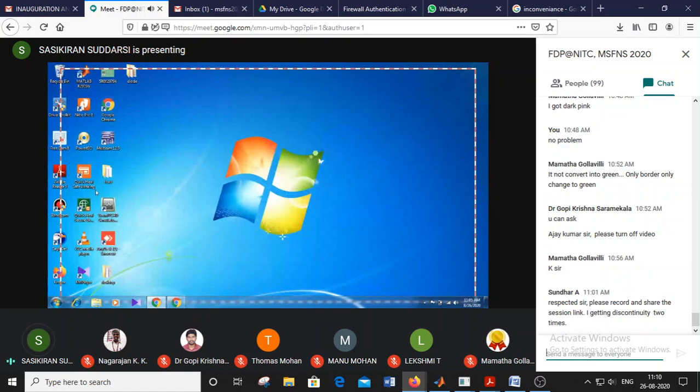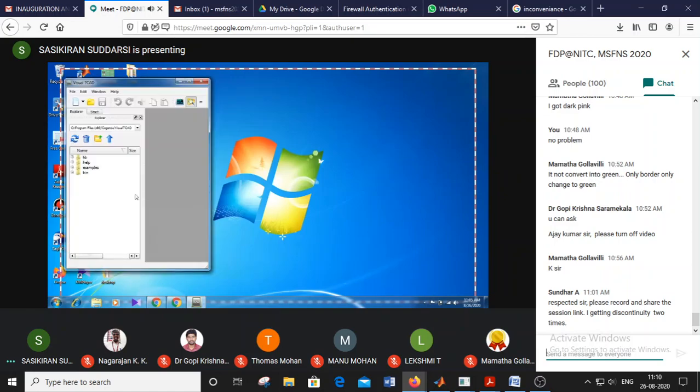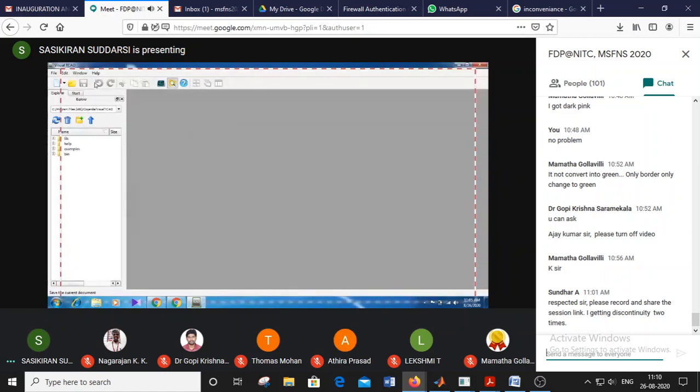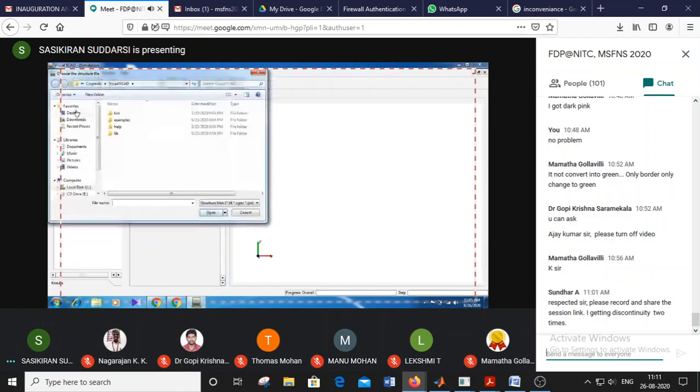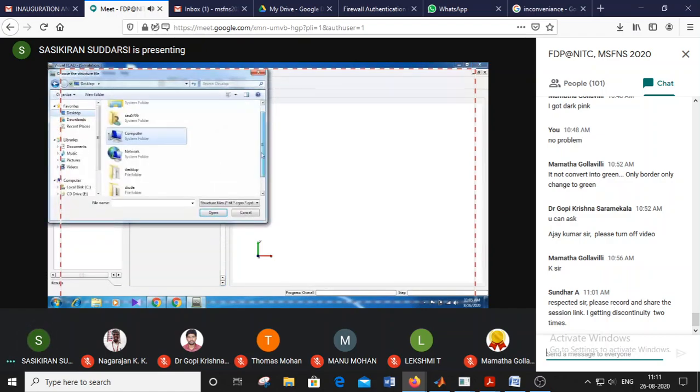So I'm again opening that. Some problem with that. I'm again opening the tool and the file and the device simulation environment, and we will load that PN junction diode.